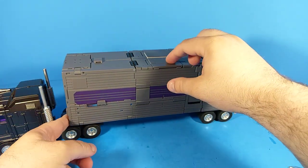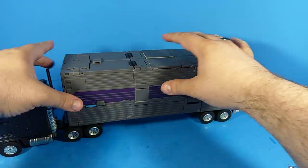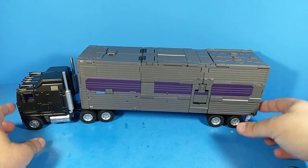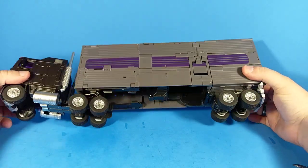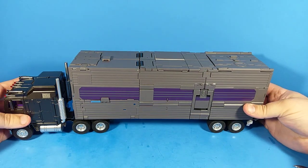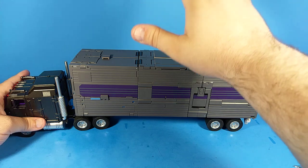There's a little tab down there. That's what I'm messing around with right now. It really does basically nothing. And there he is in his truck mode. And he is almost the same size as MP10 with his trailer, which